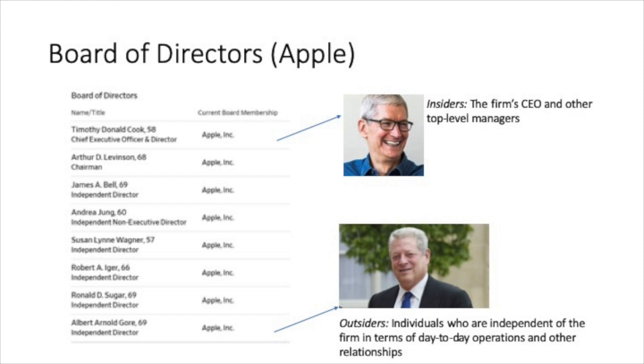And you can see one familiar name who is Al Gore, who was a former vice president of the United States. He's working as independent board of director members. He's an outsider. He never managed Apple before, but he is working as crucial member of board of directors, and he has a decision power to make a crucial decision on Apple, and he can make some influence on hiring or firing some really top executives of this company.